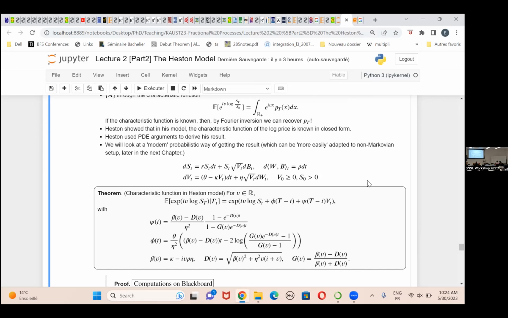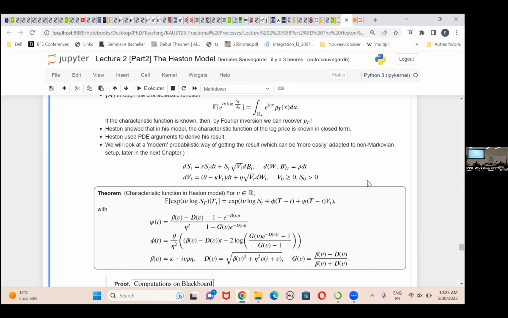So you first start by making an ansatz. Because of the particular structure of the model, which I maybe don't have too much time to explain, you can start by saying that since the coefficients are affine, and by coefficients I mean the drift is affine and the variance, if you square it, is affine, there's some underlying affine structure. The characteristic function, you expect it to be exponentially affine in your Markovian variables, in your state variables. So you make an ansatz here,